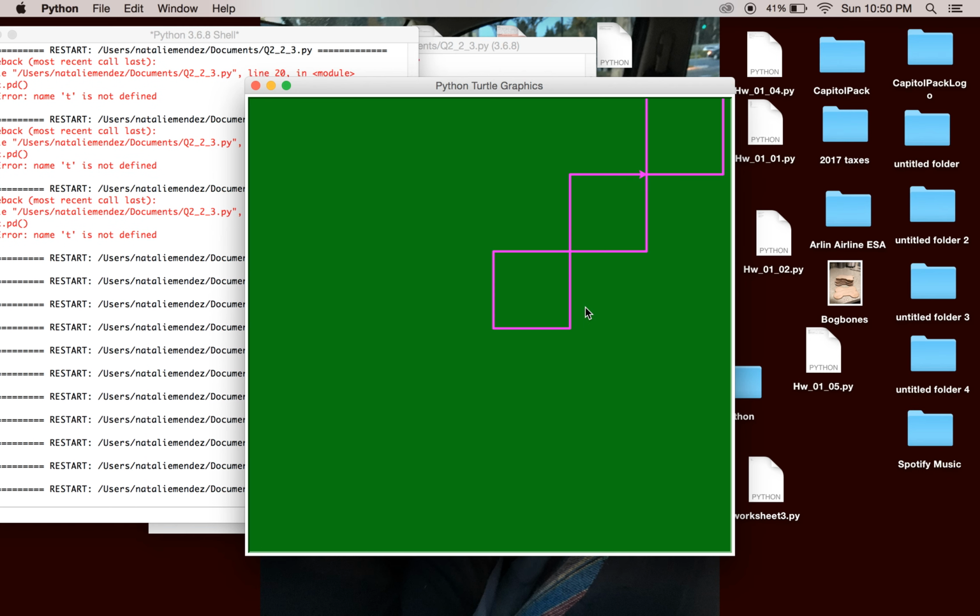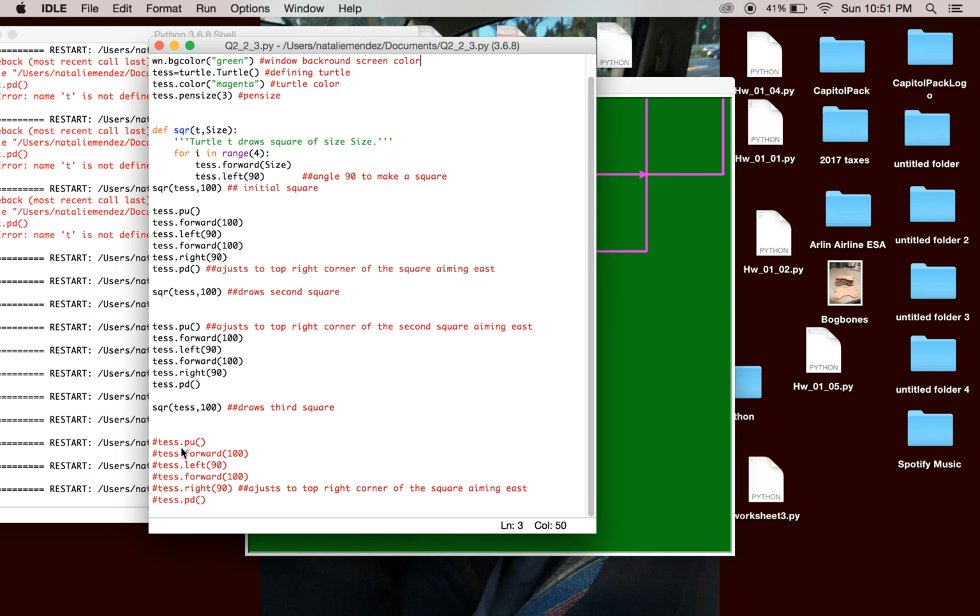There we go. She's drawing it. Now I could say that this is done, but the prompt is very specific on that. It wants her cursor to be pointing eastward on this top right corner. So just like before, we did that earlier. So we had her pick up the pen, move forward, move left 90 degrees, and then move forward another 100,